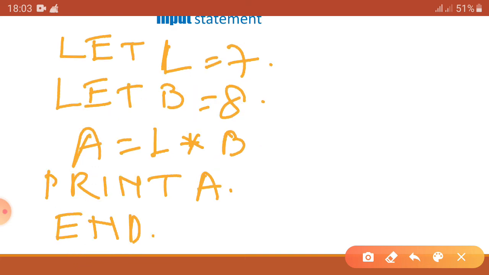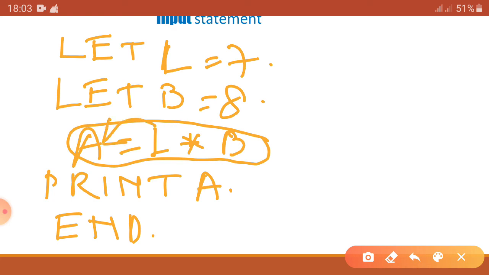Here we have written A = L * B, that means whatever value we get for L times B, here L is 7 and B is 8, so the value is 56. Okay, so we are assigning the value 56 to the variable A, that means A is now holding the value 56.